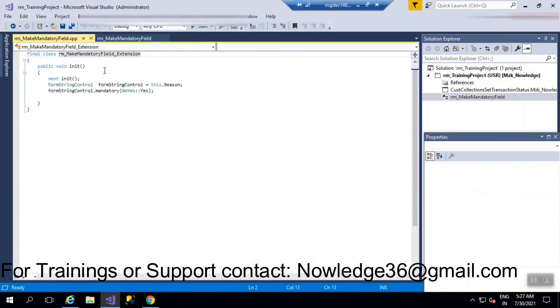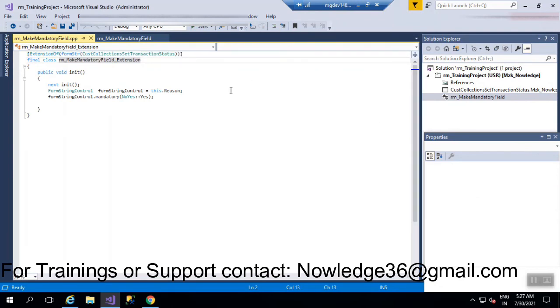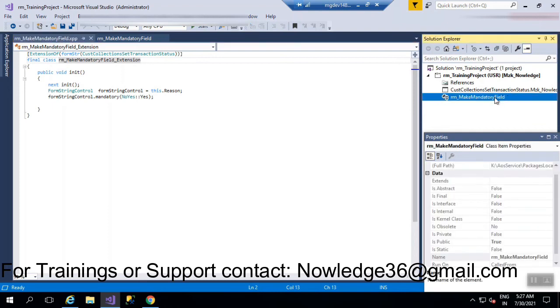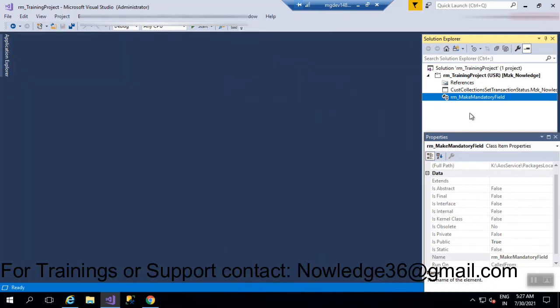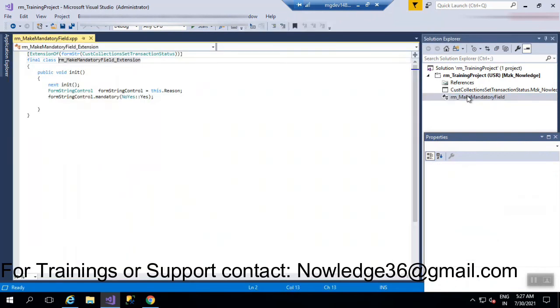I have opened this and made this class final and underscore extension, but in my class name there is no extension. I didn't mention any extension, so that's the reason I got the error. It should be the same as the class name now: Rm underscore make mandatory field underscore extension, right?